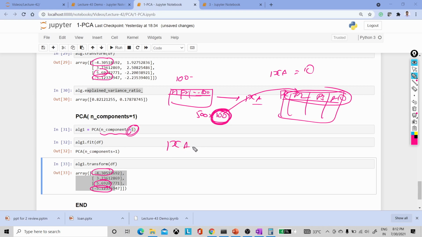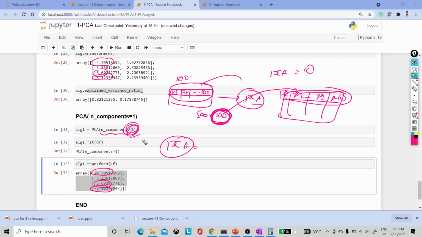So PCA means dimensionality reduction. That's why we call it dimensionality reduction without losing the information. When you apply the PCA, you select manually how many components you need. No one can tell you how many components we need to train our model. So that is trial and error, you have to give the value.